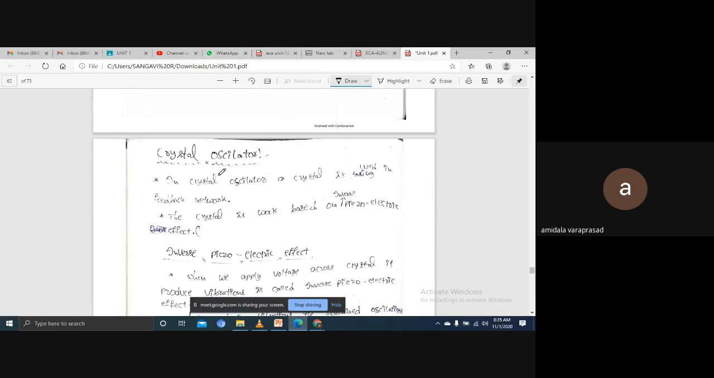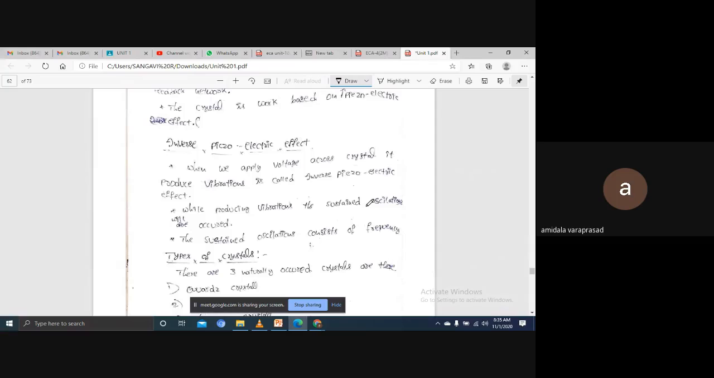Next one is the crystal oscillator. In a crystal oscillator, the crystal is used in the feedback network, that is why it is called a crystal oscillator. The crystal works based on the inverse piezoelectric effect. What does it mean? I will take the piezoelectric effect first. In piezoelectric, if you apply any vibrations,